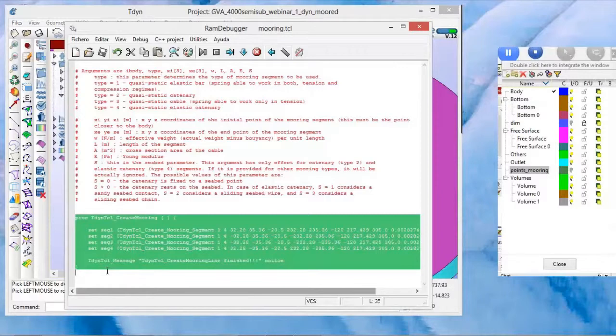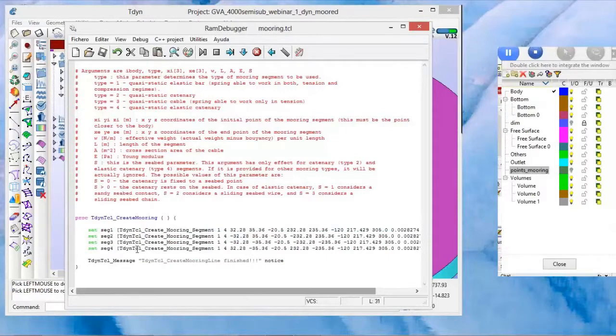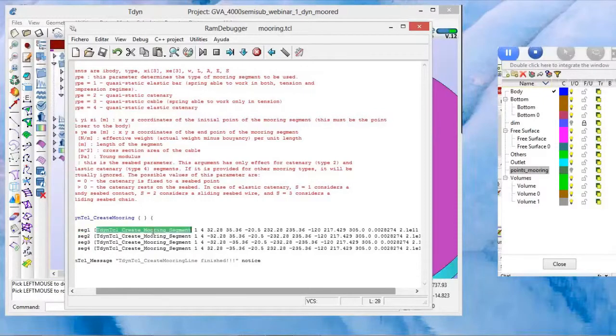It's a procedure in this script. It's called tdyn-tcl create mooring. It's a standard function internal to the code, and everything is in the user manual, so you can check out there. All these functions with their arguments are defined and well explained in the user manual. So what is being done here is creating the 4 segments. You can see here, for example, the segment 1, seg 1 marked there. And the code will execute this function, tdyn-tcl create mooring segment,